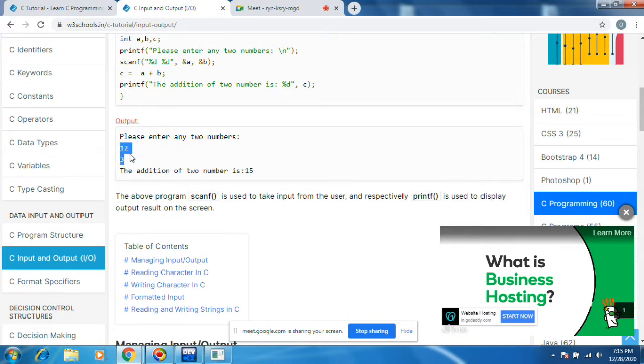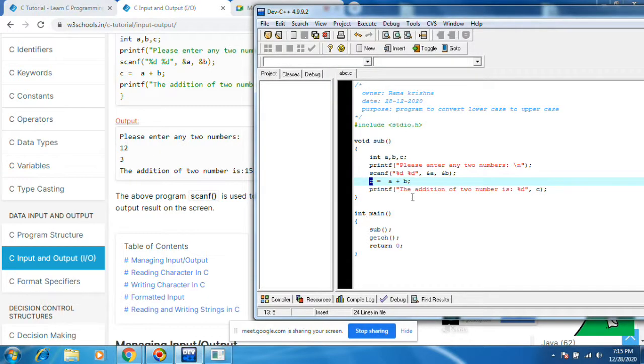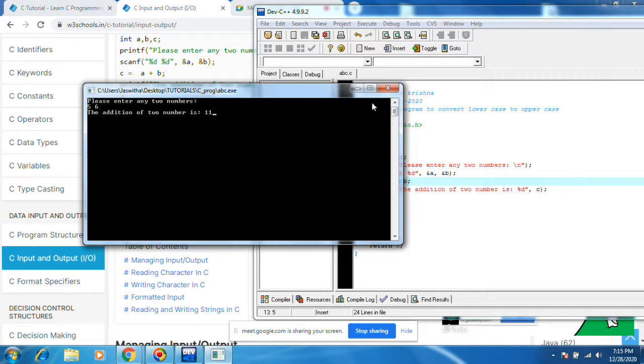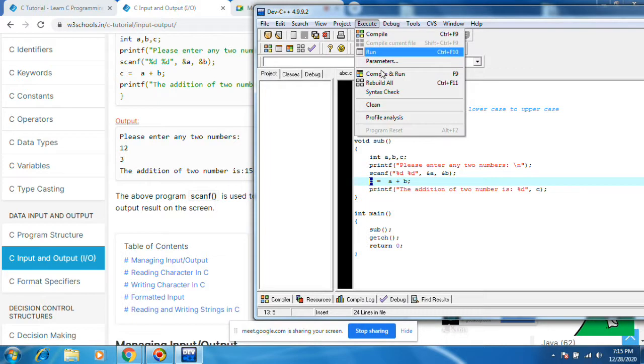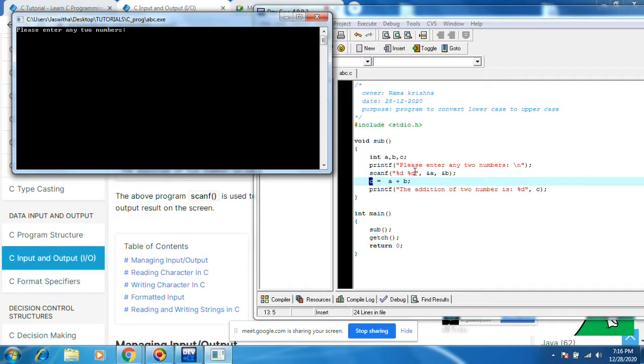Execute. Already I have done compile. Now you just do run. If you want to test this once again, 34, 56. Again enter, also it is working. 90, addition of two numbers. If you give space also it will take. If you enter and then add one also it is taking. Both things it is working now.